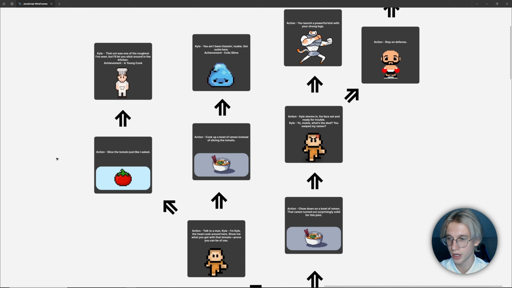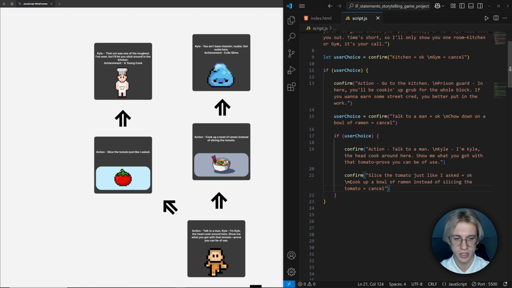Right now, if we have chosen to slice a tomato, this is our first end of the game with the achievement like a young cook. So we can create a new confirm message with this achievement. But right now I see that we didn't finish with our previous confirm statement because we don't have a new if statement. So I will again save it in the user choice variable,